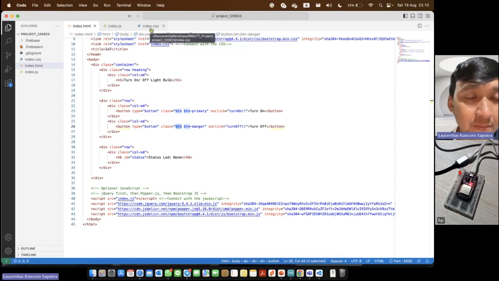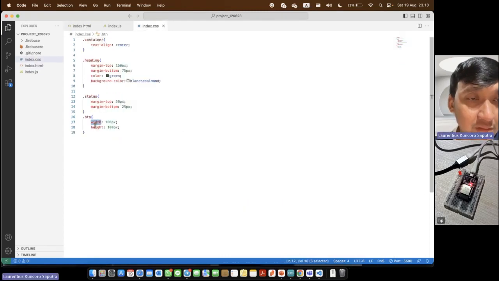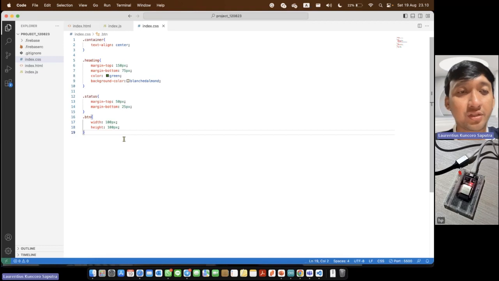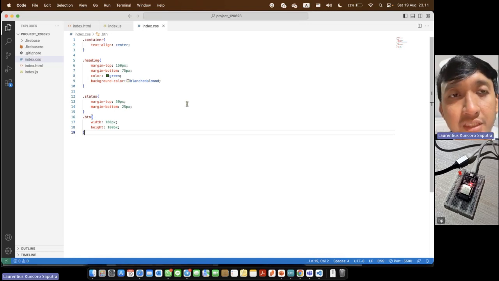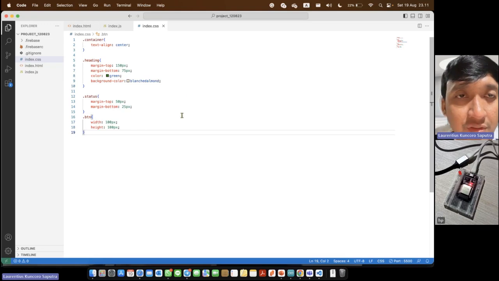I use 100 pixels for the width and 100 pixels for the height. We can save this file, index.css.